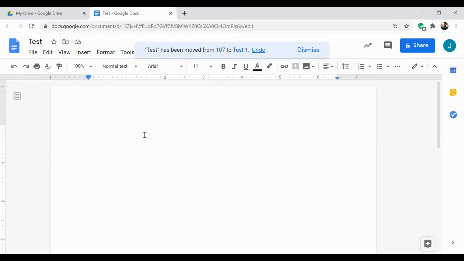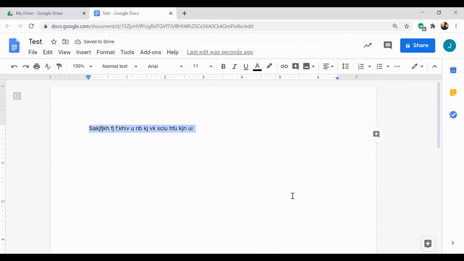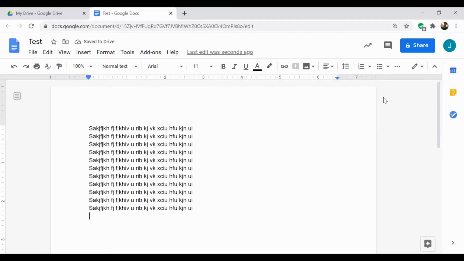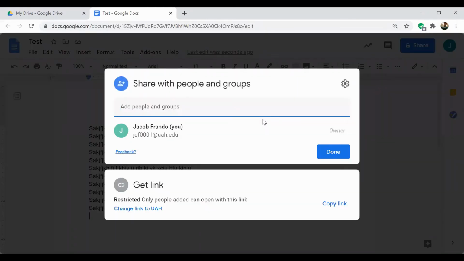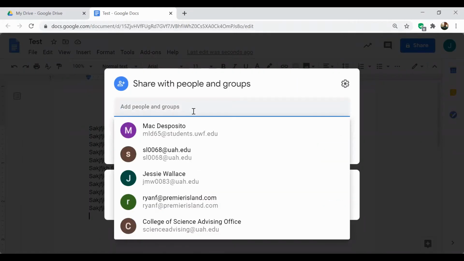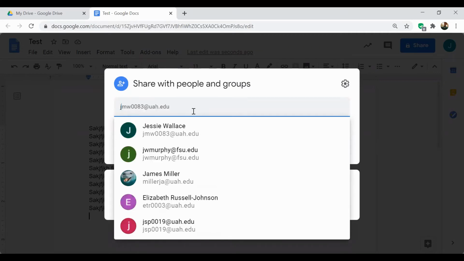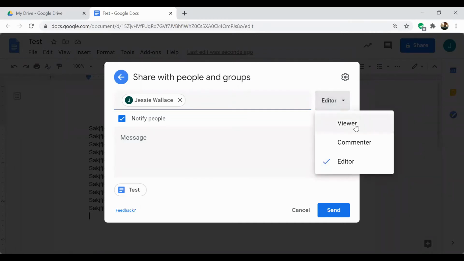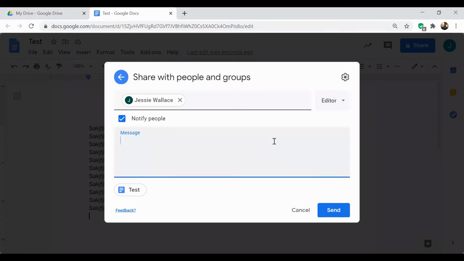And let's just say I have something that I want a friend to edit. Just take care of that later, but this is just some example text, and maybe I had a friend that I wanted to proofread whatever it was that I typed. So I can type in a friend's email. I can choose to let them edit it or just view the document or make comments on it. That way you can edit it yourself later if you didn't want them to do it. So maybe I wanted to save them as an editor, and I could just say,